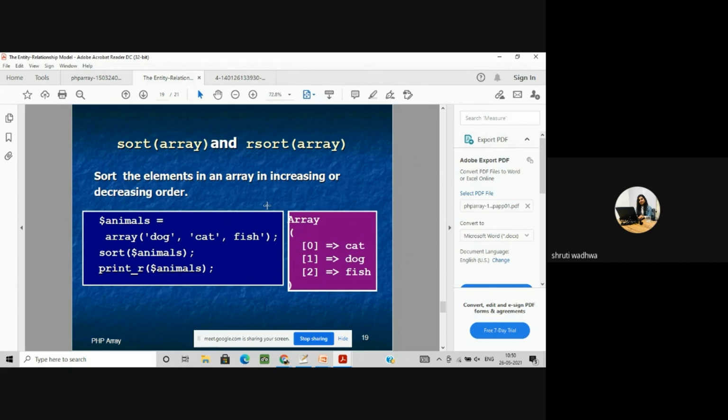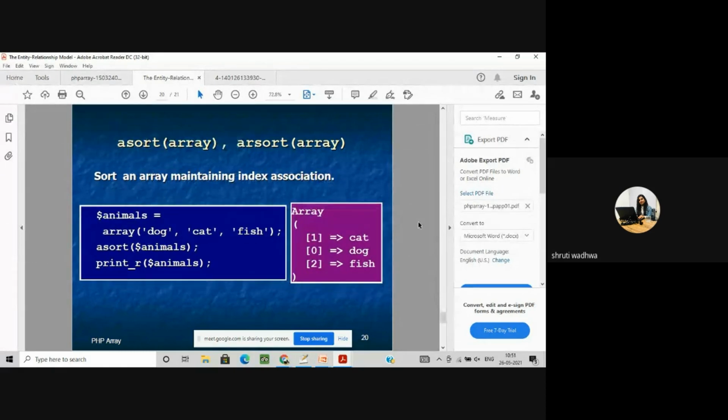How can you sort the value for this? You can sort it with just the value. It will be in increasing order, C, D and F, and the new indexes 0, 1, 2 would be assigned. But what happens if I don't want to assign the new index? I just want to see the sorted list and at which index the values originally were. I don't want it to show the new index at 0. If you are with me and you also don't want that, then